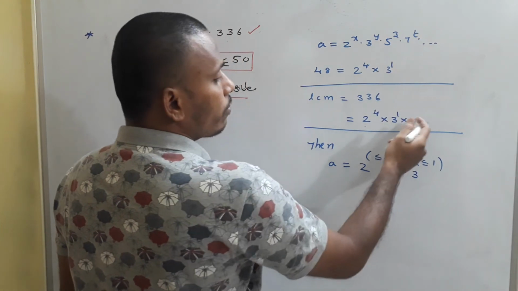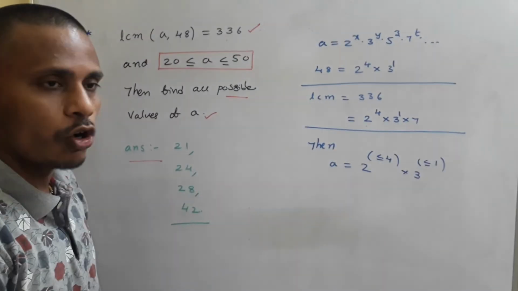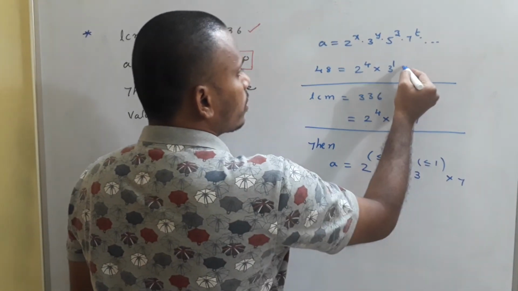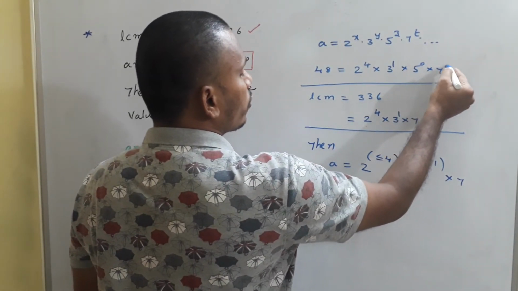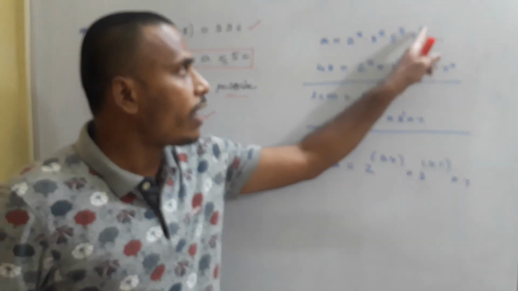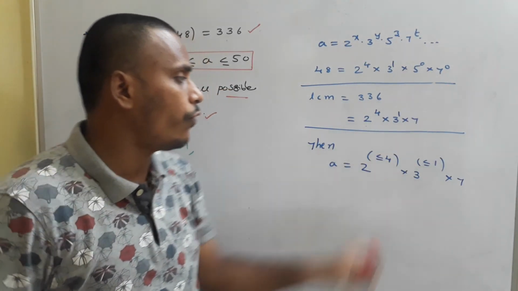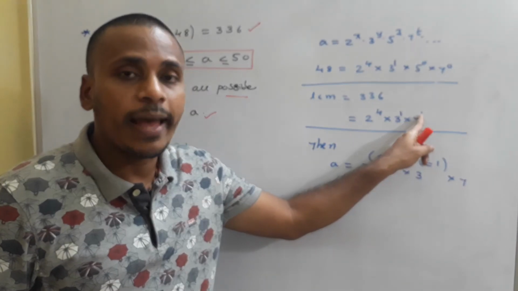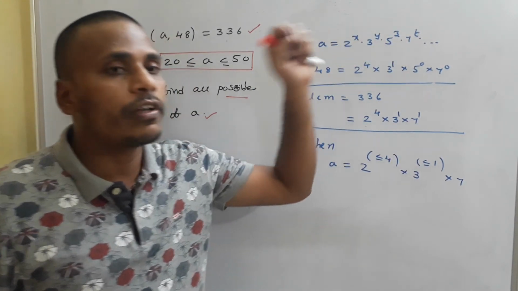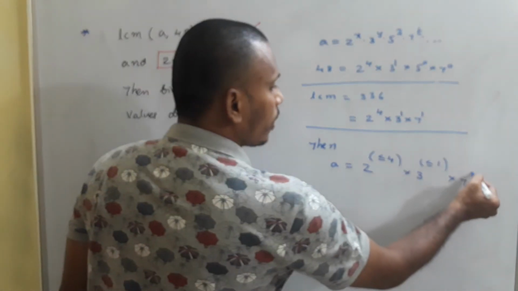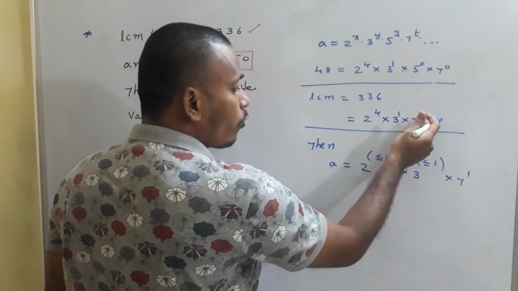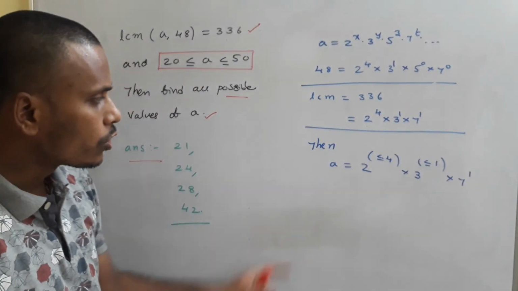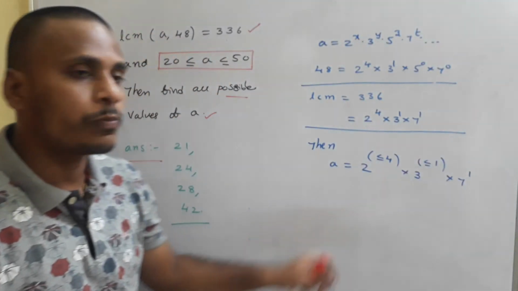Next, 5 power 0 is not involved, so you just don't use the 5 power 0. Whereas coming to 7, the maximum value of t and 0 is 1. When does it happen? It happens for sure if t is equals to 1. If t is equals to 2, then you would get 2 here. But since it is 1, you need to fix t as 1. So at the end, A has this possibility.